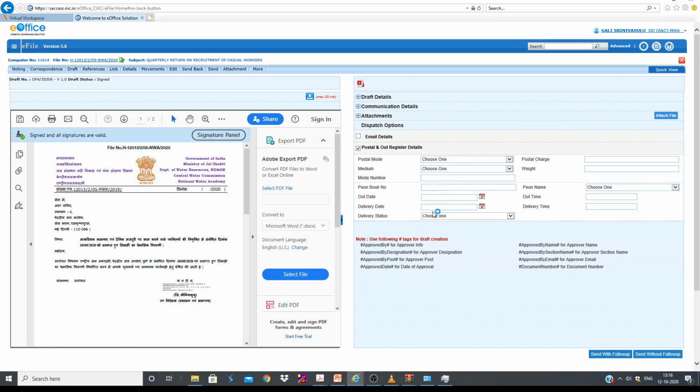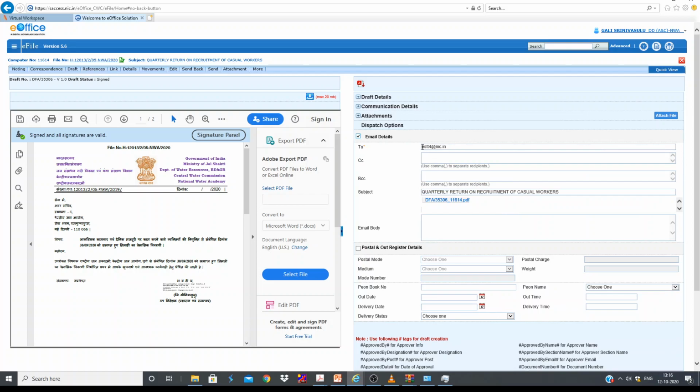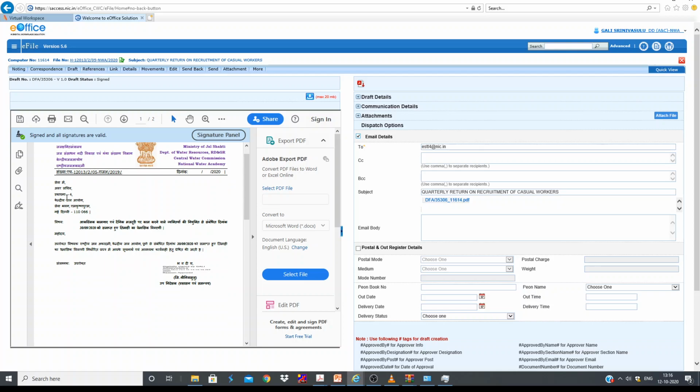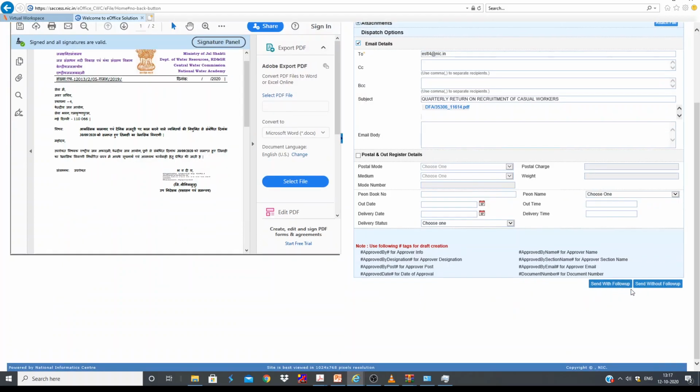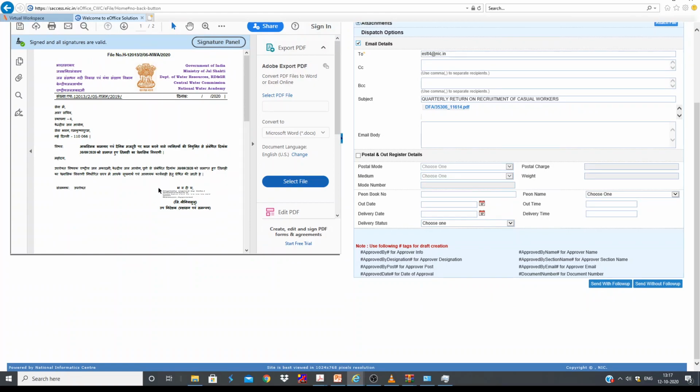You can see the options here. So you don't have to go for postal. Click the email option here. You can see your establishment ID is already created by default. What I am trying to say is, earlier, here the copy is marked to only E4. Let's assume that this copy is marked to 10 people. So if you select 10 people in the communication details, all the email addresses will appear by default here. And of course, once you click any of these options, the letter will be dispatched to all the email addresses. There is no problem in that.